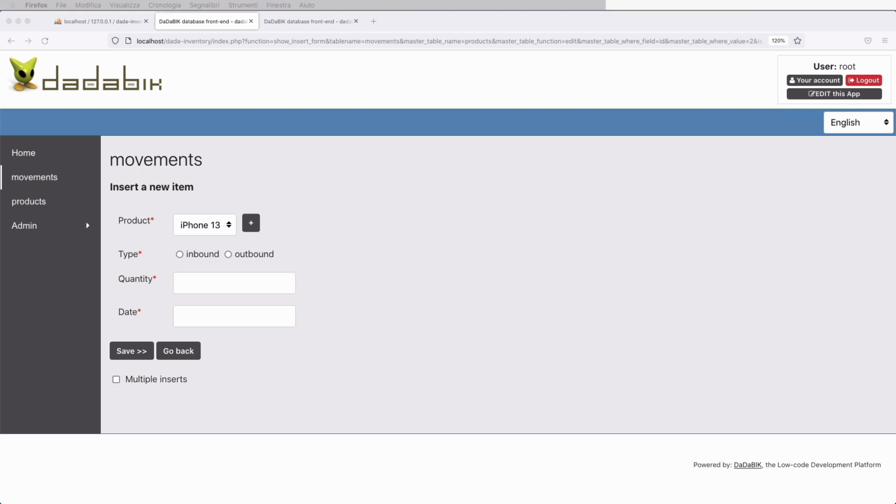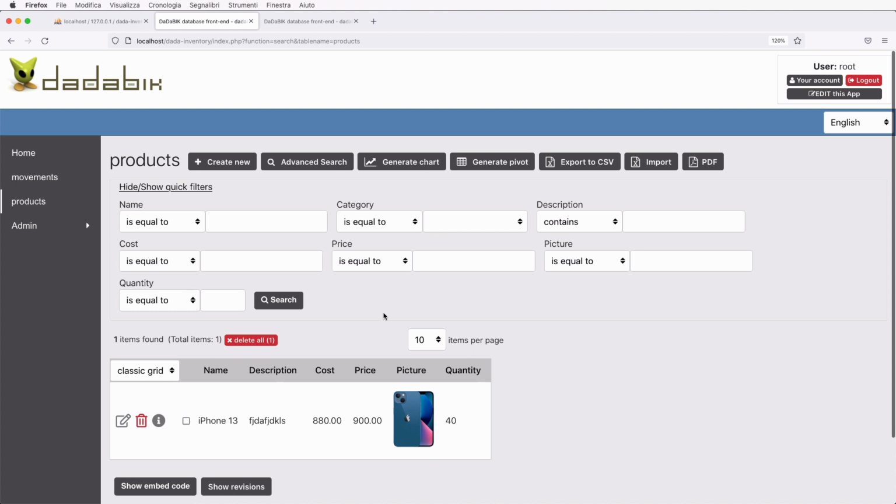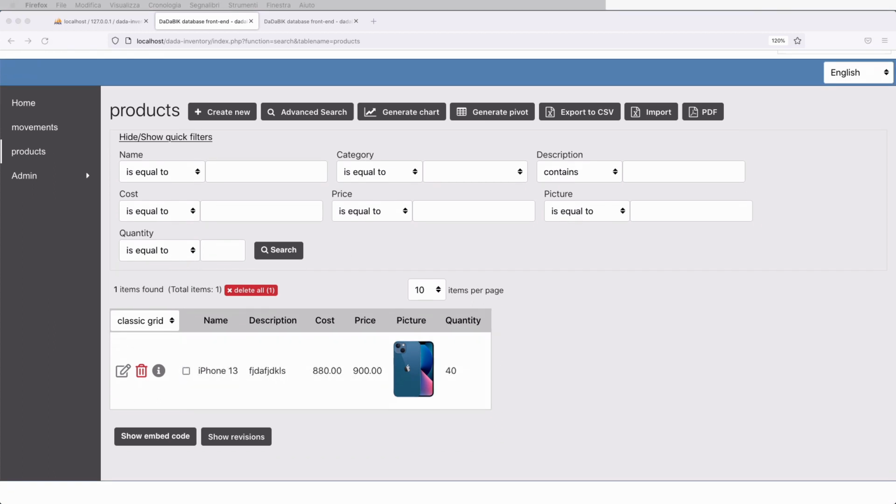So let's talk about the quantity now, I mean this field that we mentioned before, because I would say it's the elephant in the room. We obviously don't want to manually update the quantity every time we register a movement, right? So we can do that in two ways. First one, we keep the field here, quantity, as it is, and we use the